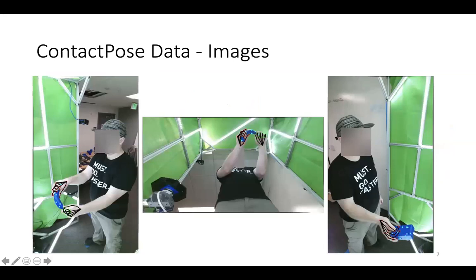Along with each grasp, we also have a large set of grasp images. All this data was generated by capturing videos of participants holding these objects and waving them around. Subsequently, we track the object through the entire video, so you can project all the information, the hand joints and the object pose, into each of these images. These are images taken from 3 different perspectives, as you can see. Later on, I'll quantify how much of this data we have.